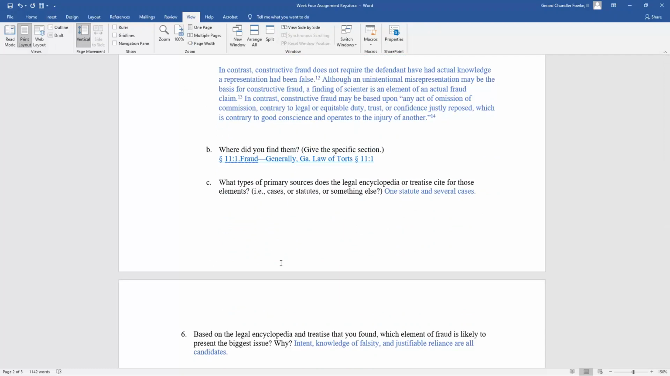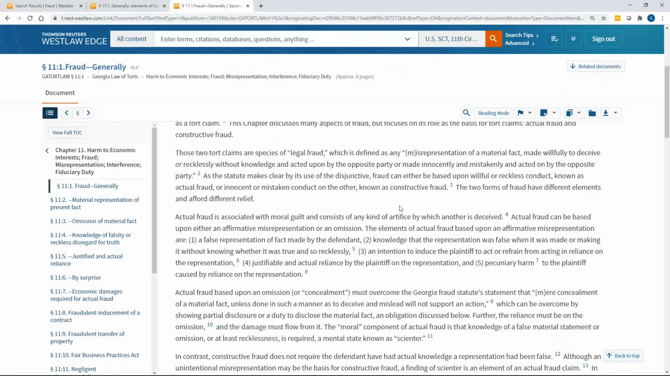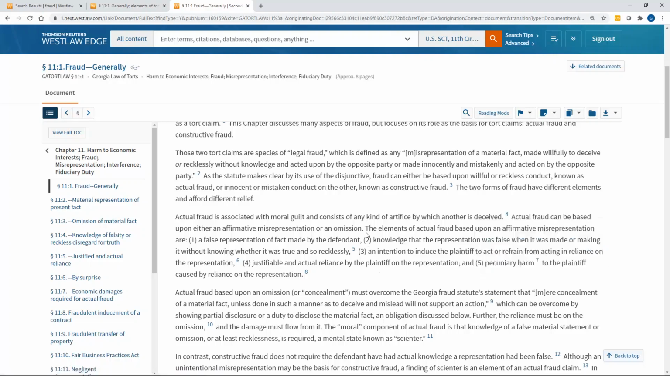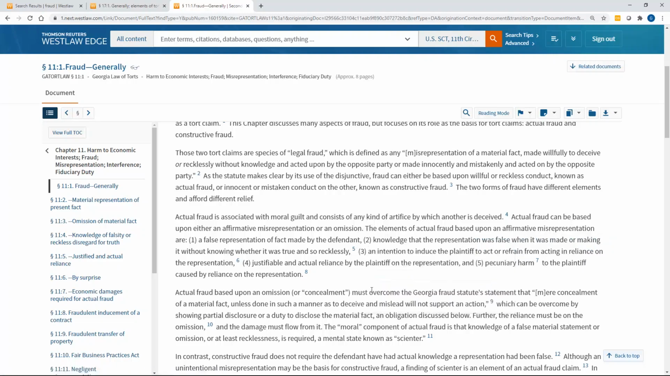Now, moving on to 5C, we just need to know the types of primary sources that these secondary sources cite for our elements. And of course, you can just look at the footnotes for these primary sources. We can see that we have a statute, we have several cases,